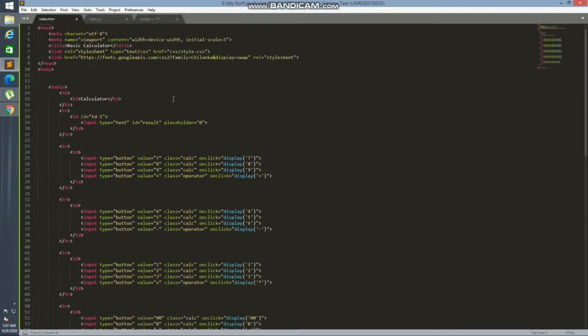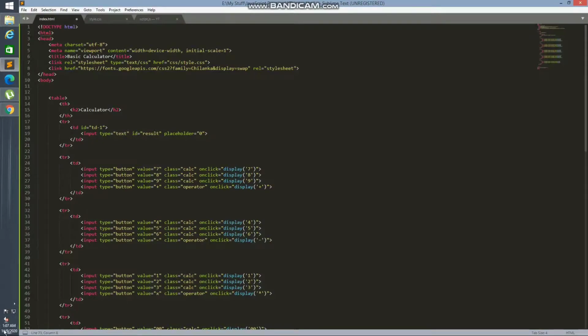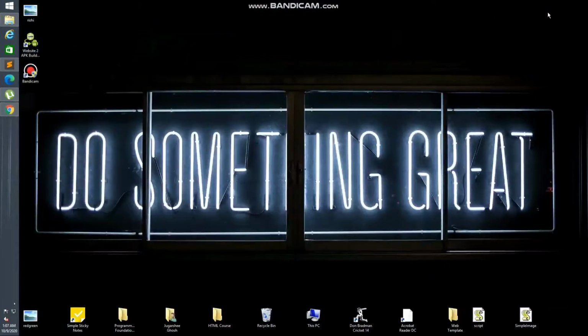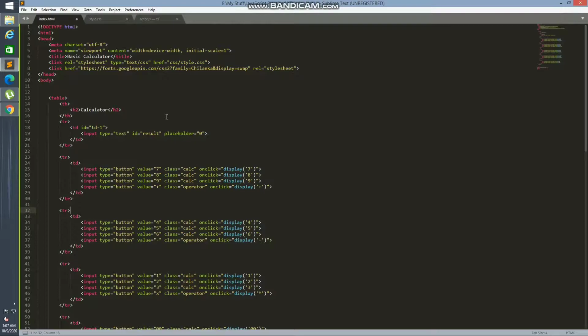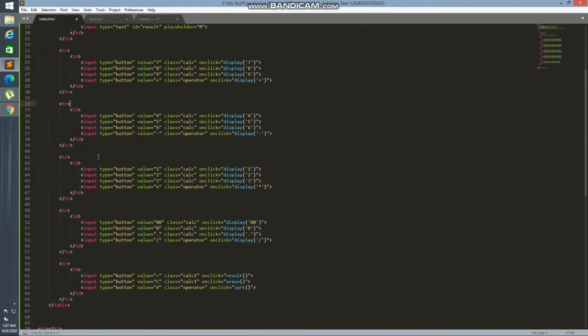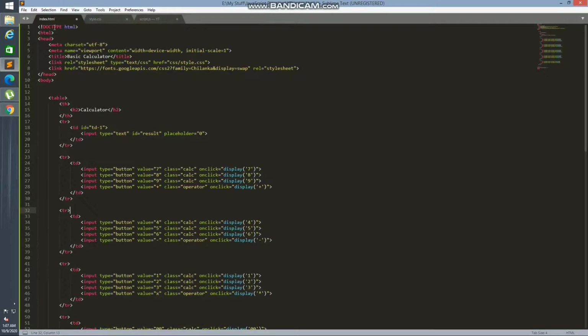So as you can see, this is our HTML code, and I'm just gonna go through this code once and tell you all what this is about and explain it to you. This is our doctype declaration, which people who are familiar with HTML will know about. And then we have our HTML tag and our head tag. Inside that we have our basic meta tag,